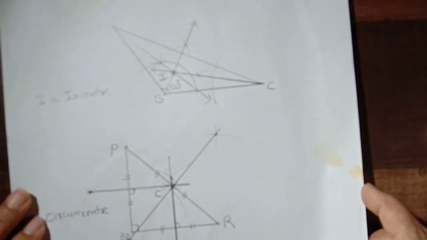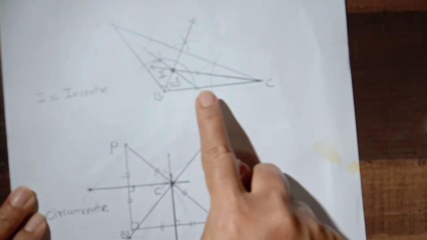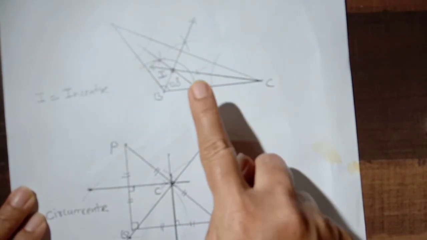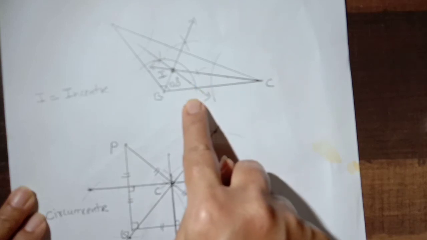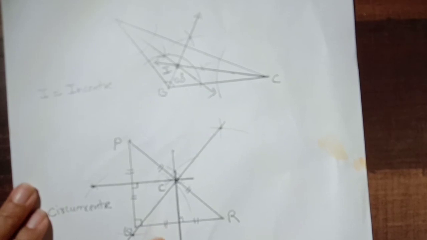So this is incenter, is it clear? And this is your circumcenter. Okay, I hope it is quite clear. Now what I want you all to do is do these constructions at home. For incircle, you try for right angle triangle also, and I have already shown you for obtuse angle triangle. That becomes your third question, and this is your fourth question from the exercise.